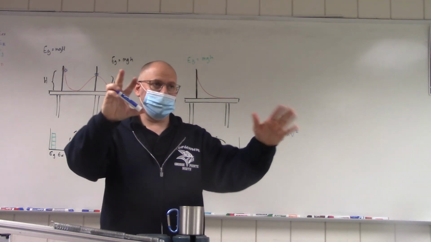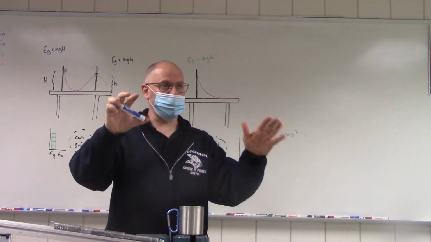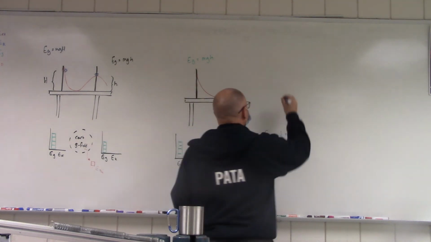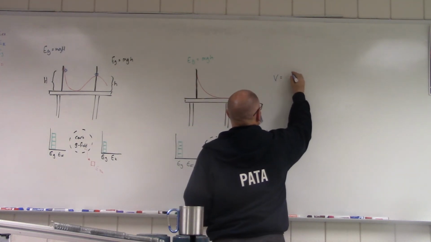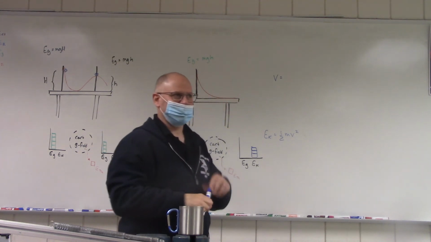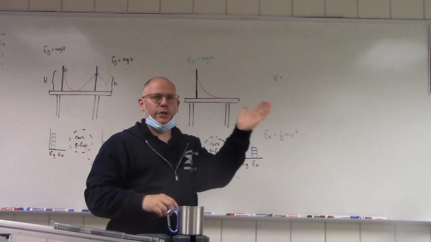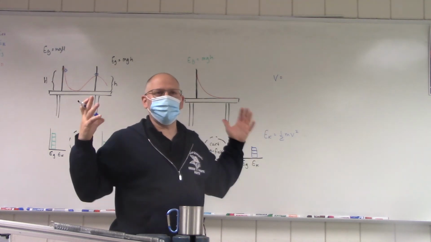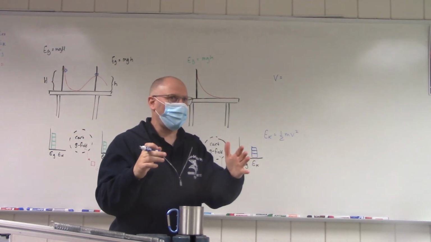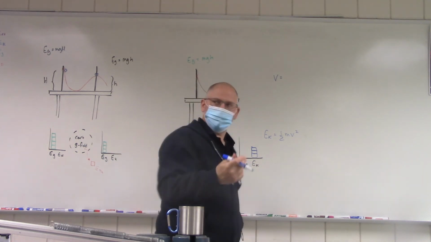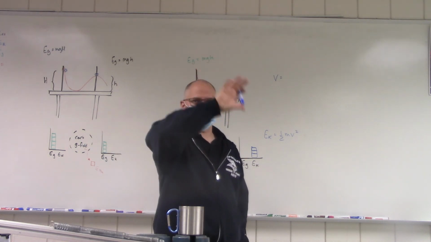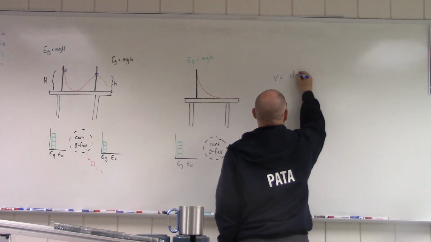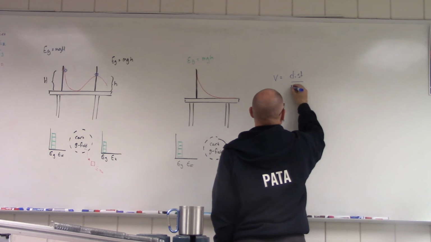Okay, this is the part that's going to be hard for you, so you need to focus. Are you ready? How are we going to get the speed? Well, think about speed, like the speedometer in your car. How do you find the speed of anything? What two things do you need to know? Distance and time, right? What is it in your car? It's miles per hour, correct? So if you want to calculate the speed, you need to take the distance a car goes and divide by the time.